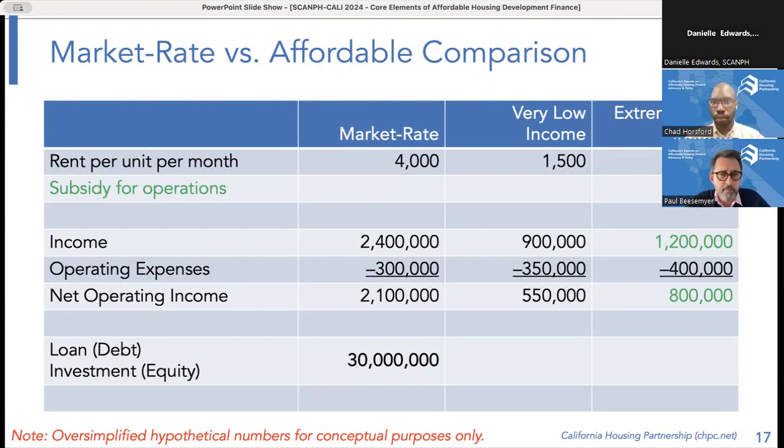So again, back to our cash flow examples. Our property targeted to very low income has net operating income that's about a quarter of our market rate property. And oh my gosh, if we look at our extremely low income property, well, that thing doesn't even cash flow. It doesn't even break even. It's in the red from day one. And it doesn't matter if it's affordable housing or not, it still has to break even. It has to cash flow. We have to be able to pay core operating expenses. And so what do we do in an example like that?